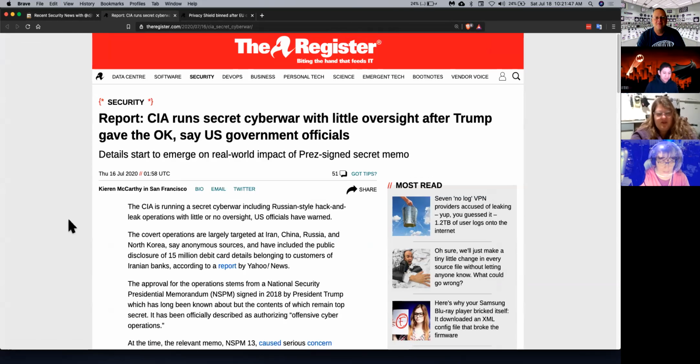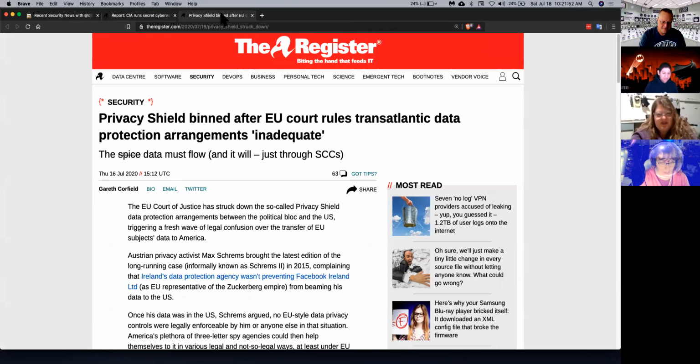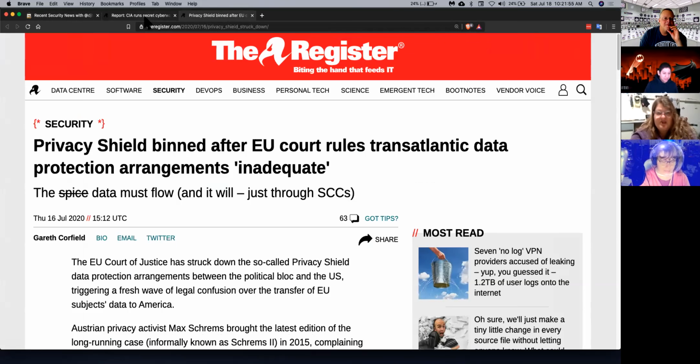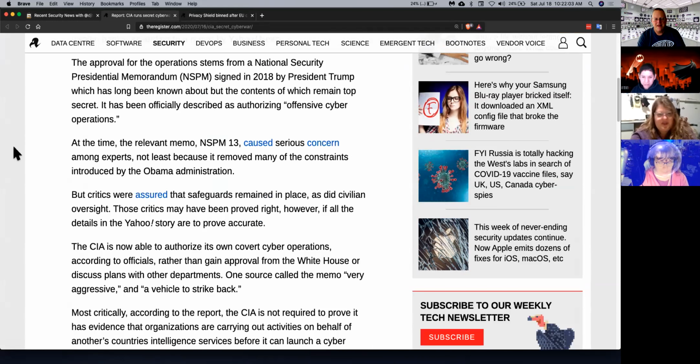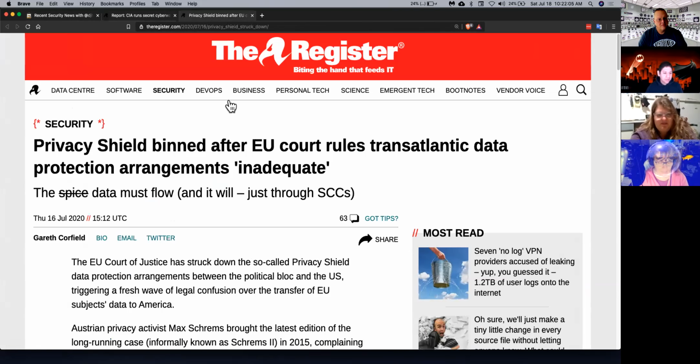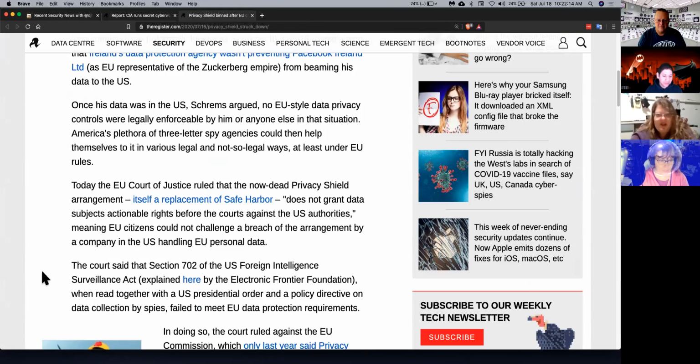The reason I put these two together, which I thought was interesting, is there are some connections between this story and the second story, which is that the EU decided that Privacy Shield, the whole transatlantic data protection program intended to be in compliance with GDPR, turns out it wasn't working so hot because they realized that once this data left